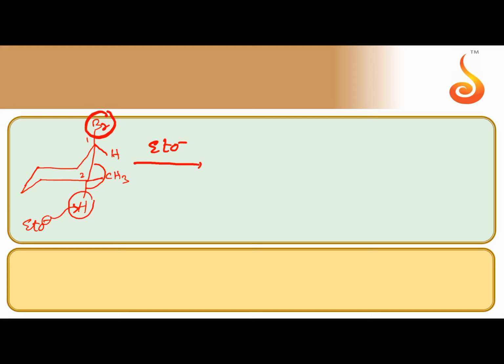The CH bond pair is dropped between carbons 1 and 2 and Br minus is removed. So between those two carbons a double bond is created. The product formed is 1-methyl cyclohexene. This is Saytzeff's product.